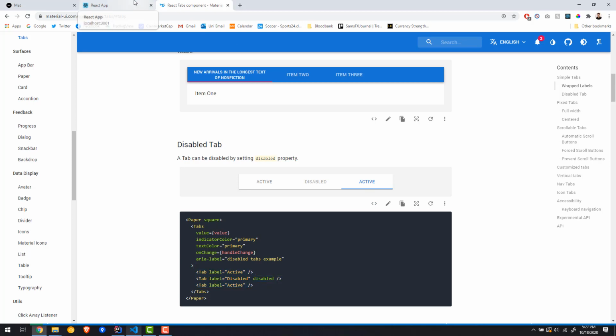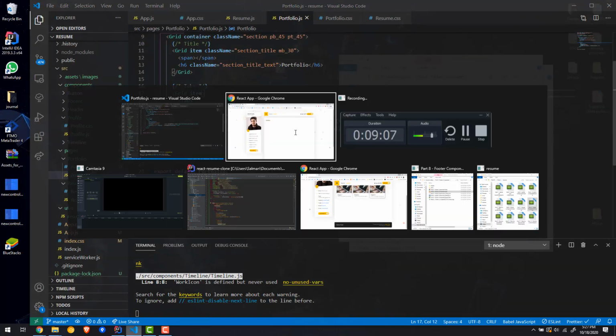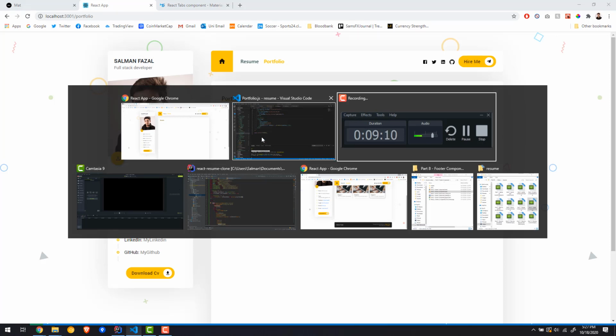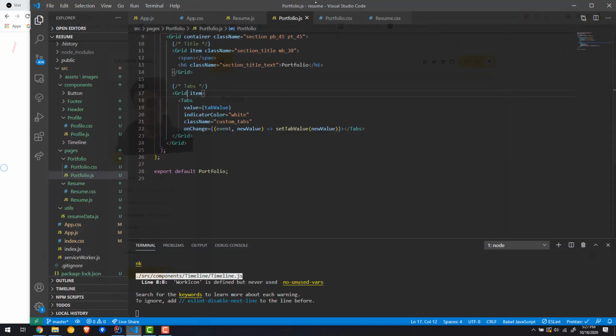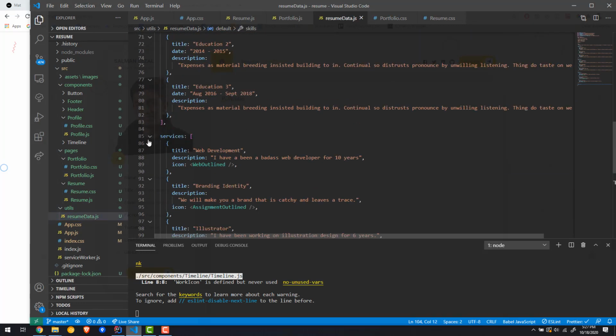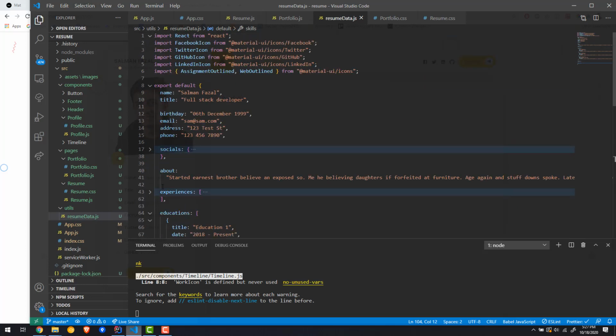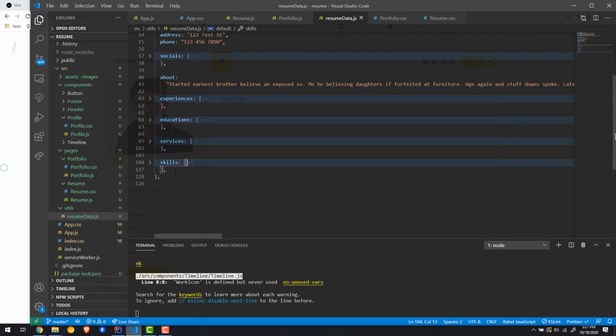So let's do the grid items, the tab items. But before that, remember, we're not gonna hard code anything. Everything is gonna come in from the resume file, right? So let's go back to our code, and let's actually go back to the resume data file. And in here, we've done the skills. I'm going to minimize everything that we've done. Okay, perfect. So skills is done, and the last thing that we want to do in here is the portfolio,